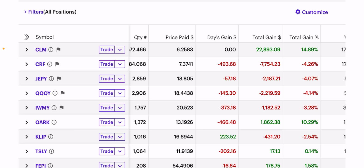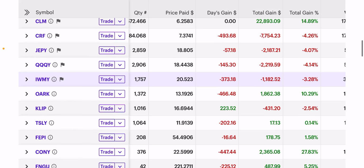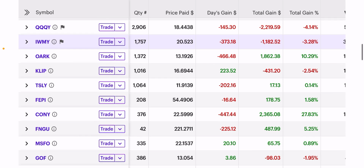Also, when I was trimming these Yieldmax names, I wasn't taking much profit. I might have made a couple $100 in profit. Again, I didn't want to pay any taxes to do that. The best way to be a prudent investor and a sound investor over time is to take small wins. Avoid paying taxes, you avoid losing the income, but you feel good once the pullback comes because you actually took some profit. And again, you also offset the NAV erosion from Yieldmax this way as long as you rebalance